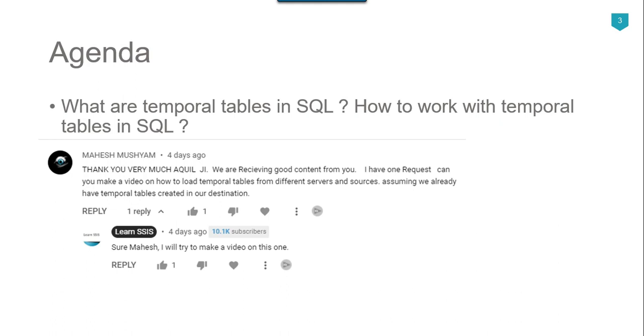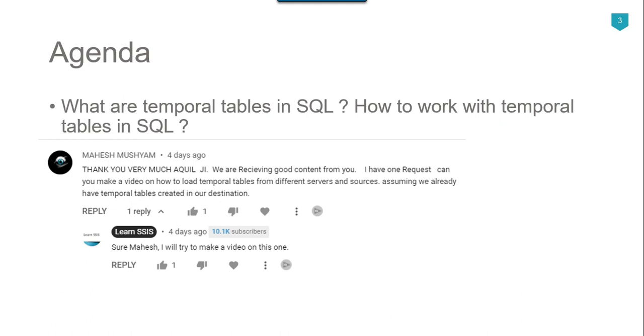In temporal tables, there are two types of tables. The first one is the system-versioned temporal table, which contains the current data, and the second table is the history table. If any updates are done to the temporal table, then the changes are inserted into the history table. When we insert a record, it is inserted into the temporal table, but when we update a record in the temporal table, the record is inserted into the history table. There are two fields, valid from and valid to, which are automatically populated by SQL Server and tell us for how much time a particular record was valid or present in the temporal table.